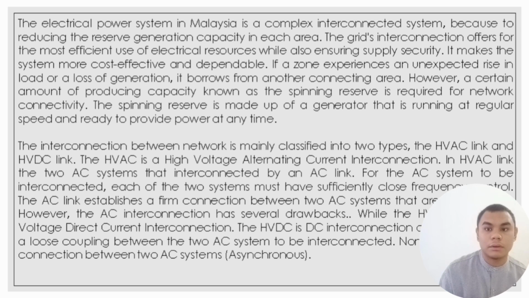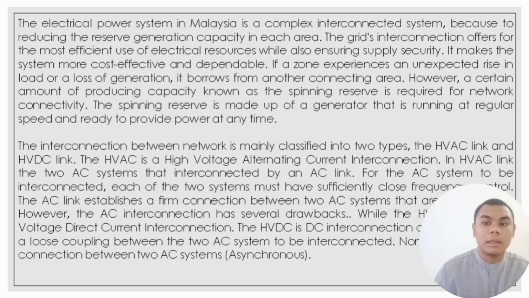The grid interconnection offers the most efficient use of electrical power while also ensuring supply security. It makes the system more cost effective and dependable. If a zone experiences an unexpected rise in load or a loss of generation, it borrows from another connecting area. However, a certain amount of producing capacity known as the spinning reserve is required for network connectivity. The spinning reserve is made up of generators that are running at regular speed and ready to provide power